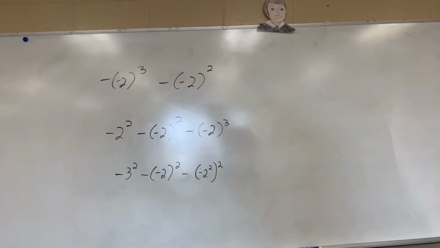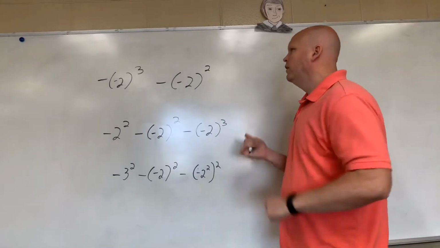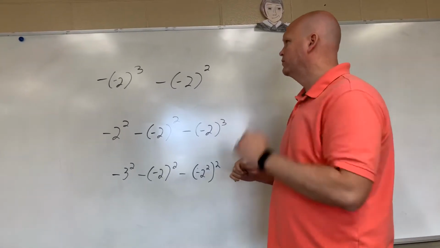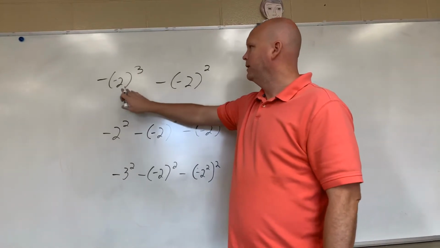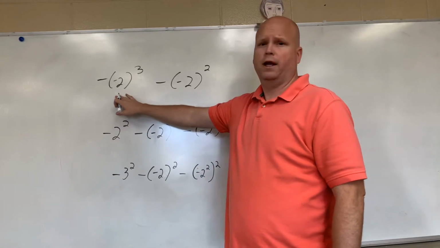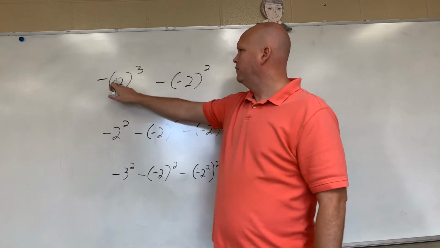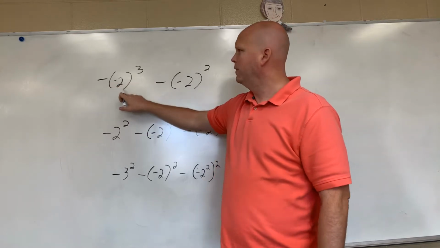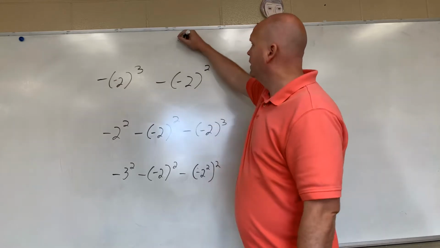So now we're talking about exponents with signed numbers. When you are doing exponents with signed numbers, the exponent here is telling you how many times you are multiplying this number right here. The -2 is cubed. If the negative symbol is within the parentheses with the number, that means you are doing